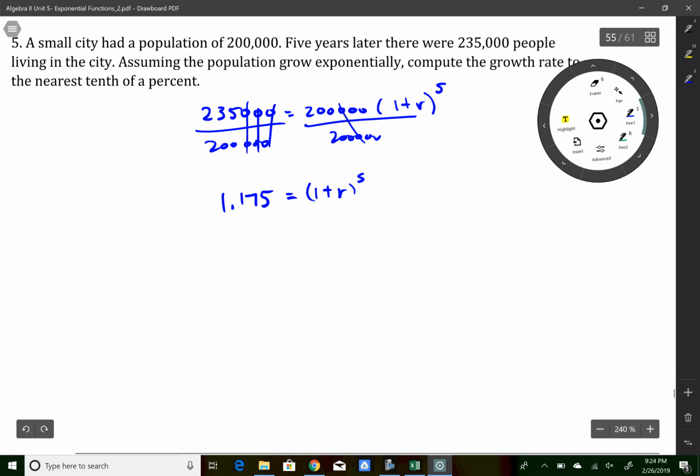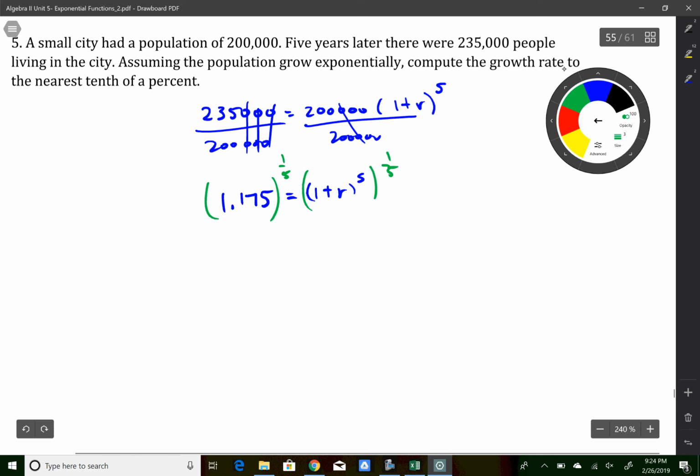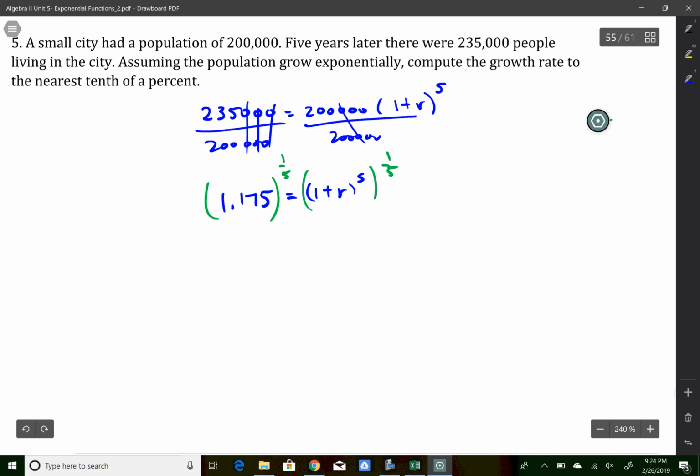So again, here's a good example of why using radicals here is not really the best method, because I don't want to type in the 5th root. I'm just going to do 1/5 exponents. Exponents are usually easier, right? I say it in class all the time, fractions are your friends. Here's an example where fractions are your friends. Makes this easier. So if I do 1.175 to the 1/5 power, I get